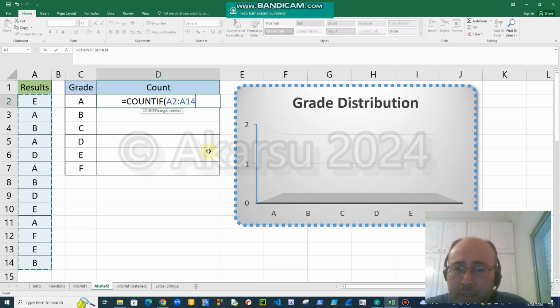When I copy it, I don't want it to be shifted. I want it to continue looking at the same area. I don't want rows to increase. Therefore, I lock the rows. I lock 2 and 14 so that it will stay the same. Now I show the range. Then I have to write the criteria. The criteria is this value. I want it to count A. And when I copy it, I want it to count B, C, D, E, F. So I will not lock this. I will not put a dollar sign here. Now, this is my